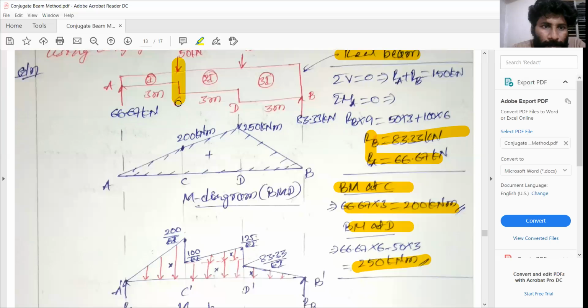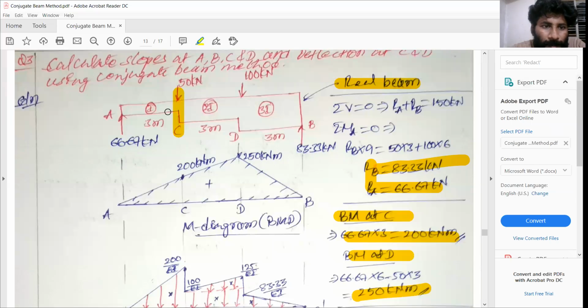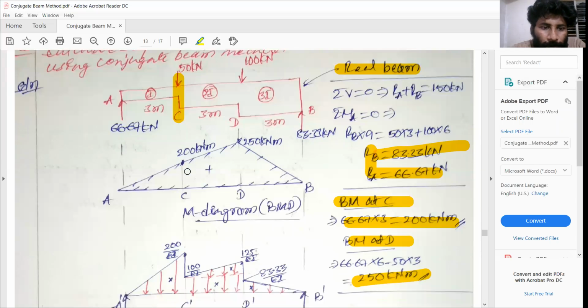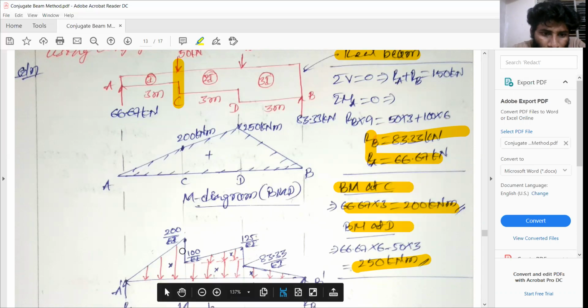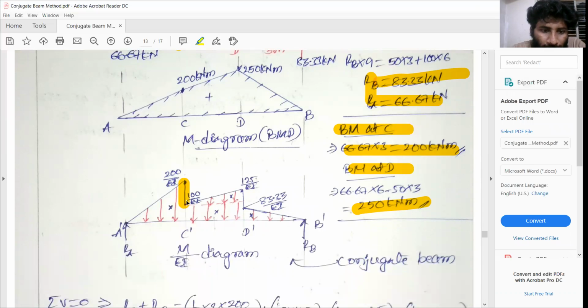Here you can see that at section C, the left side is I, the right side is 2I. So 200 divided by I is 200 by I only, so keep the point the same there. Then on the right side, 200 divided by 2I is 100 by I. So there is a change in the M by I diagram value at that section, that is why there is a vertical ordinate. Again, the remaining values you just connect.